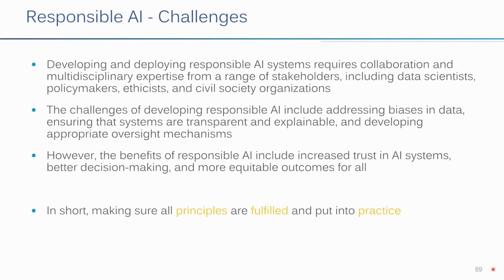And the challenge of developing responsible AI, including addressing the bias that we mentioned, ensuring that the systems are transparent, explainable, developing appropriate oversight mechanisms so we can probe those systems and those models to guarantee that they are in check, that they are indeed heading to a proper direction, or they are being used in a proper manner. In short, making sure that all principles are fulfilled and put into practice. These are pretty much the challenges. So if we take a look on all the principles that we just talked about, fairness, transparency, accountability, and so on,